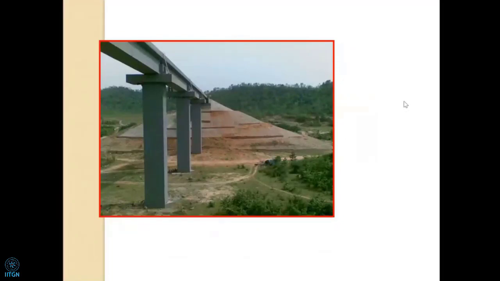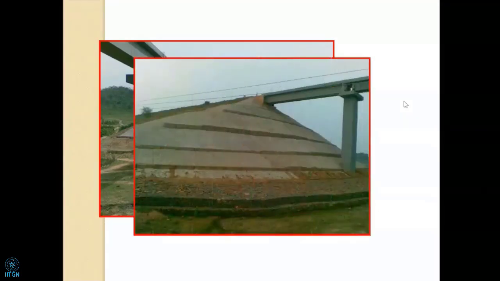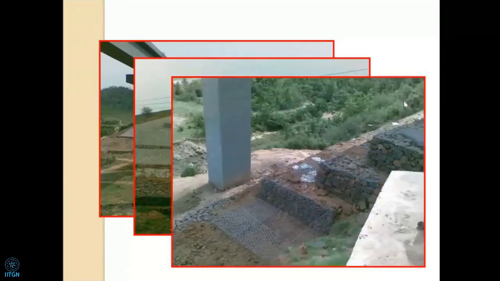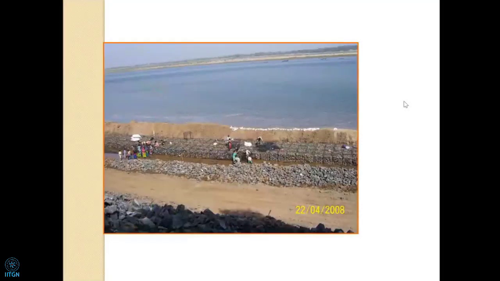Similarly, these things can be used on the abutments of bridges. They can be used around the piers to prevent the scour protection also. The same principle applies horizontally here. The geotextile and armor can be used to prevent the scour which takes place around the bridge piers. Remember that. Then backwater protection, I think it is in the Mahi River, 2008.